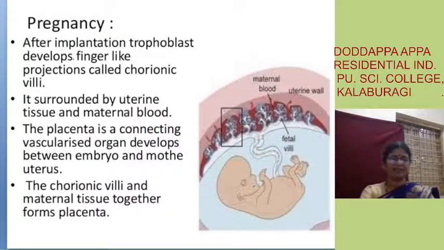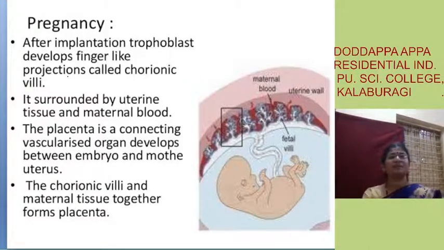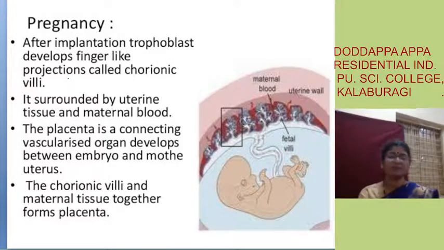That is why usually, after 15 days of the period, it is supposed that if a female does not get the period, the menstrual cycle, she must go for the pregnancy test after 14 days. It is usually advised because during that time the implantation process will be completed and the progesterone level will increase in the blood. By that the doctors will come to know, or even we can come to know by testing. One kit is there, the Pregnopic test, fine.